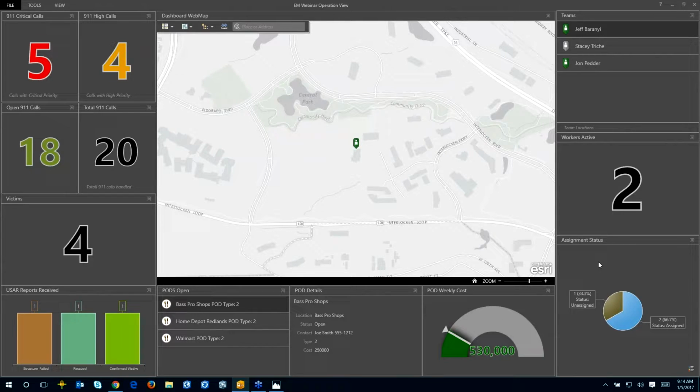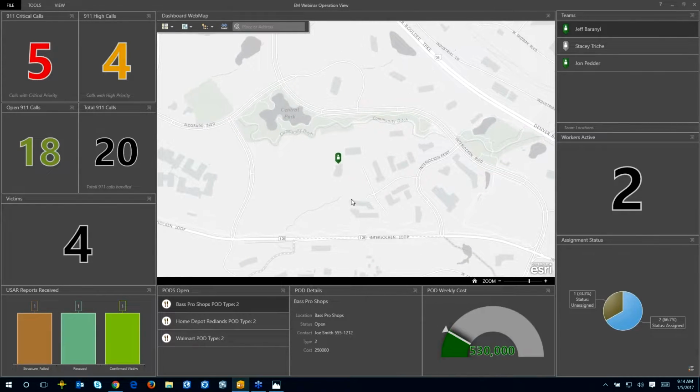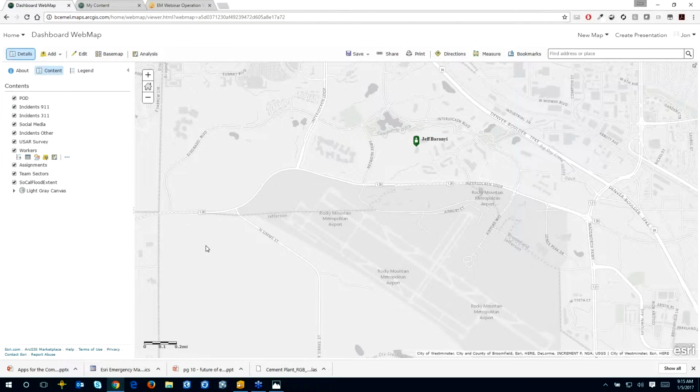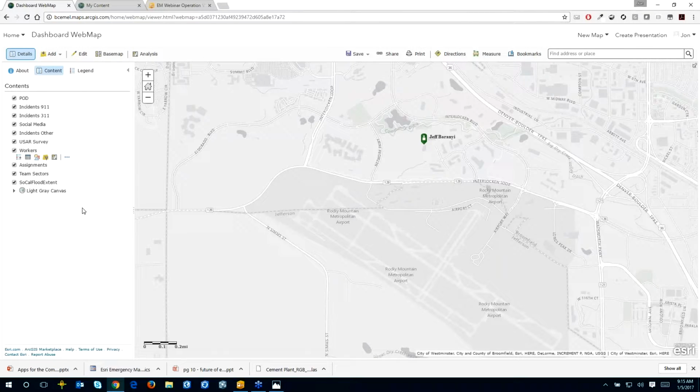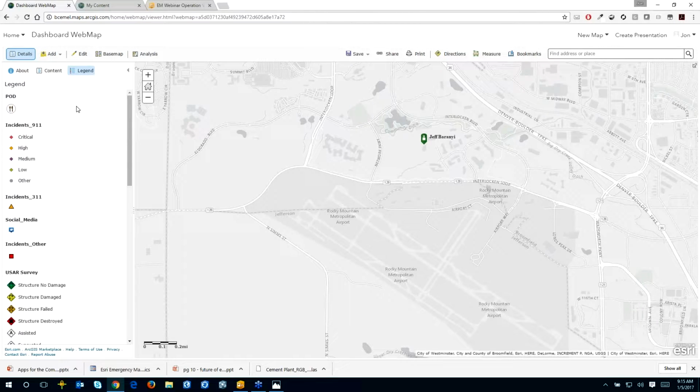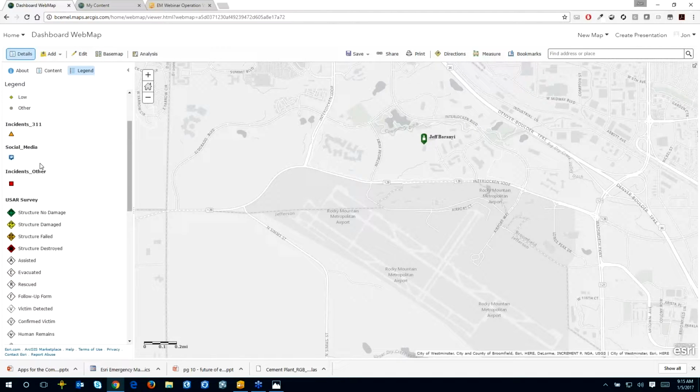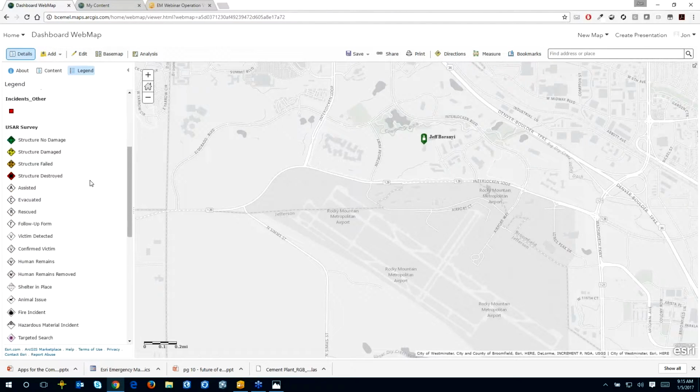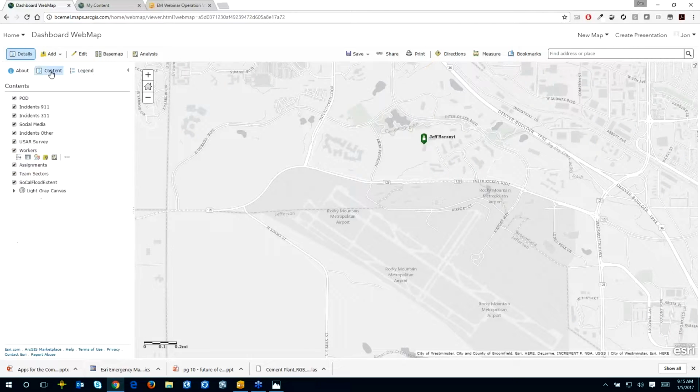And even if you're familiar with it, hopefully I can give you a few tips and tricks that you might not have seen before. So what drives the whole dashboard here is a web map. To do that, we're going to switch over to web map view right here and show that I've got multiple layers of information. If I click on the legend view, you can see I have my pods, I have my incidents, I have 3-on-1 and social media configured, and I have a USAR survey configured in here as well. These are just standard layers which are present in your web map, in your